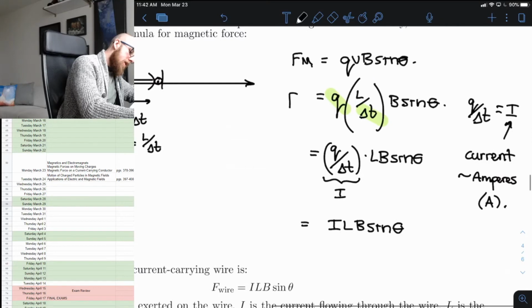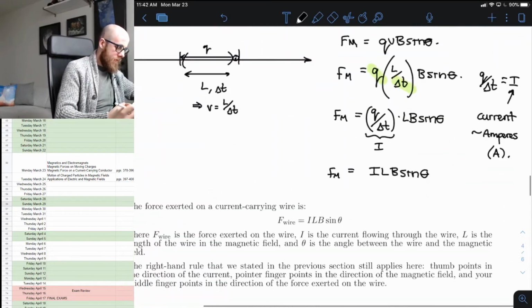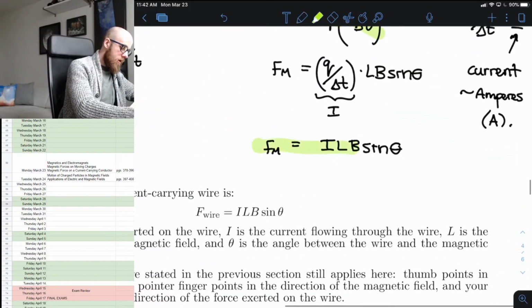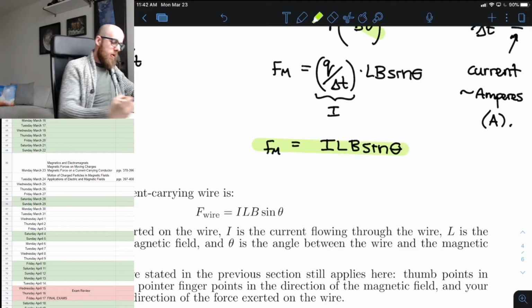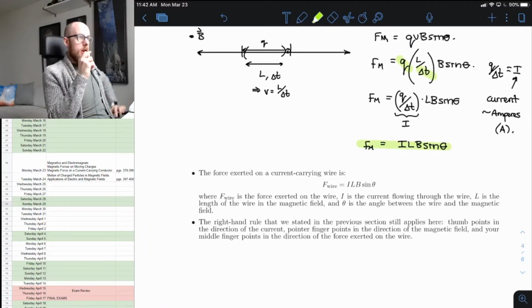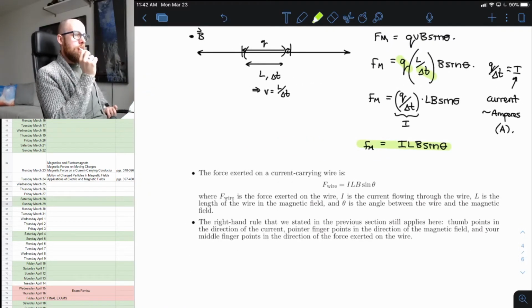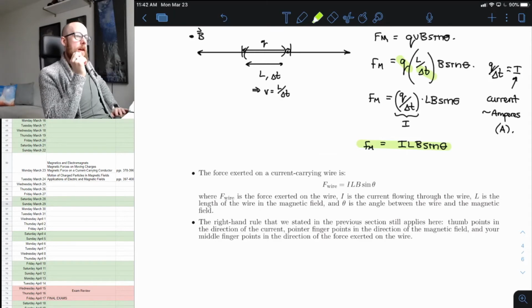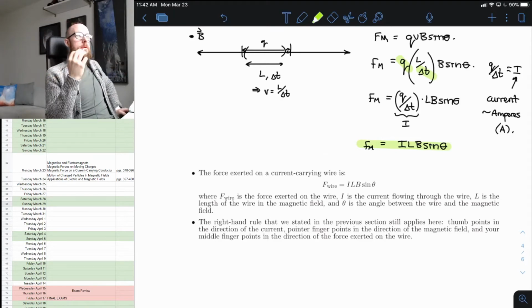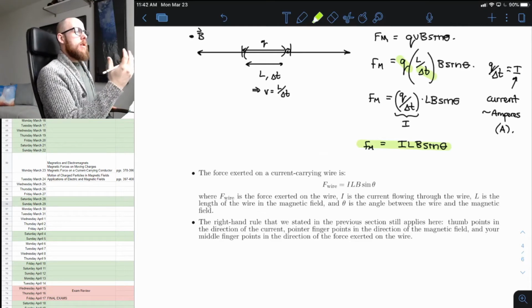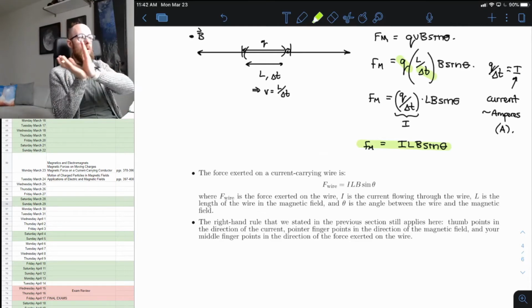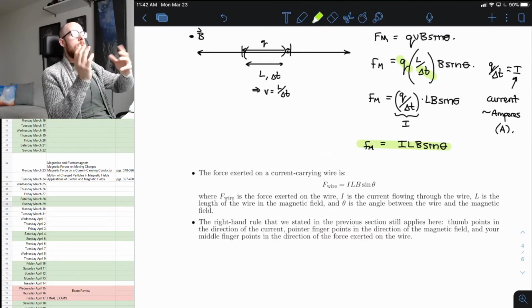And that is the force that's going to be exerted on this entire length of wire, okay? So a little derivation, nothing too crazy. All right. So F, the force that's exerted on the wire, is dependent on the current, the length of the wire segment,